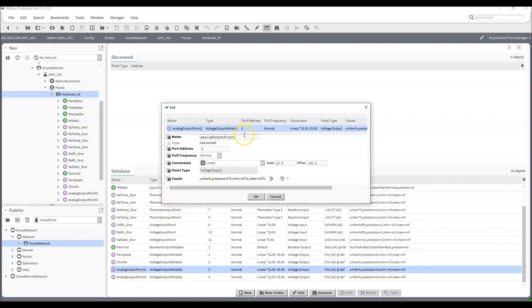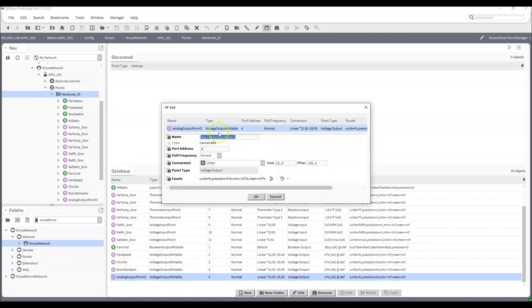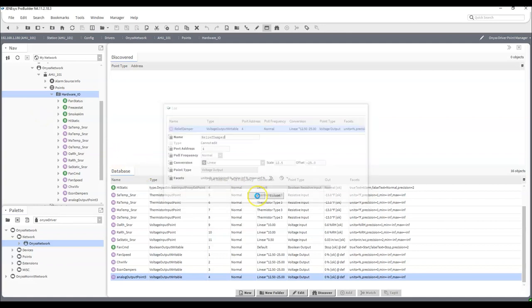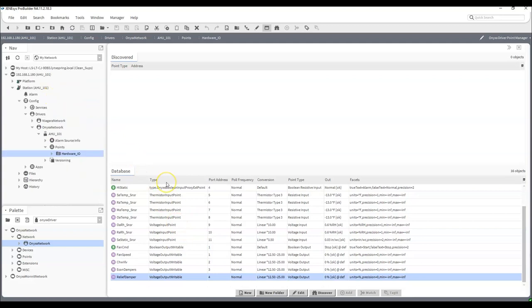My A03 is going to be my economizer, so econ dampers. And then my A04 is going to be relief damper. Okay. So now I have all these set up the way I want, and we can continue on